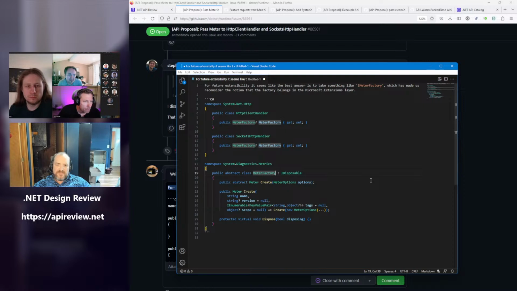Yes. Now, I will point out, the only way to get a meter factory right now is to either implement it yourself or add it via the extension method to a service collection, build a container, and resolve it. And if you build it yourself, you can create your own type that disposes things, right? Like, if we're saying it's up to the implementer. And if you're using add metrics, you're good, even if the meter factory itself doesn't implement IDisposable. But this goes back to if it's a thing that every meter factory is supposed to do, then the base class should just do it for you and save the repeated work and make sure that it adheres to what it says it does.